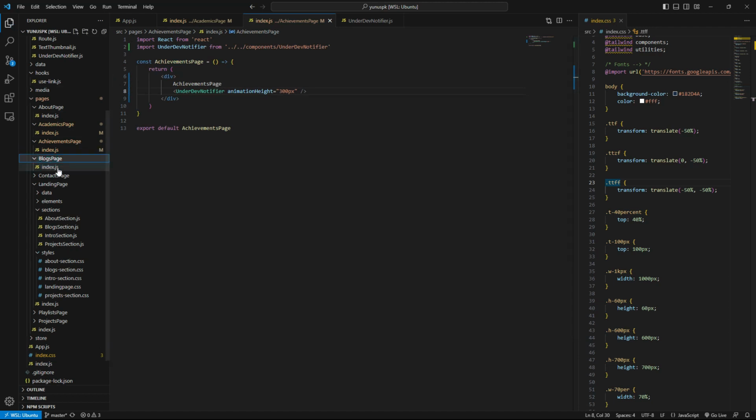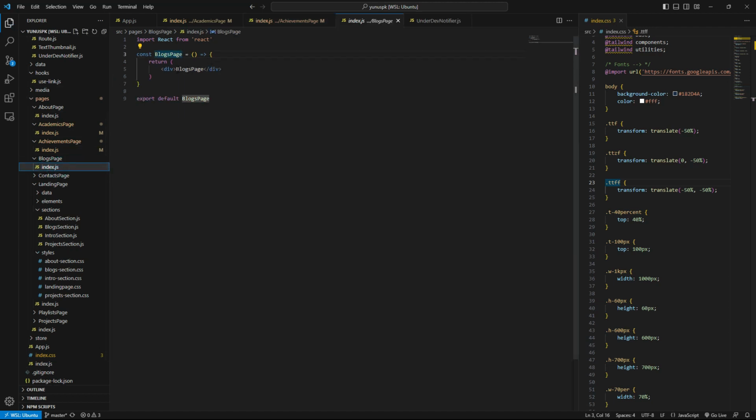Okay, blogs page, we're just gonna follow the same pattern over and over again, so that we have this thing in every page. Okay, I guess we can add that in the app.js page. Okay, that should be page not found.